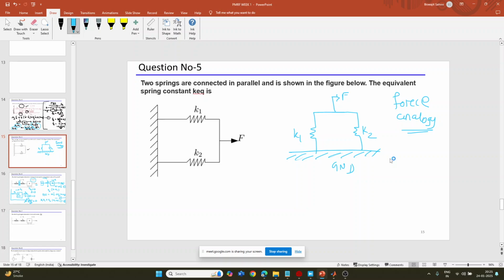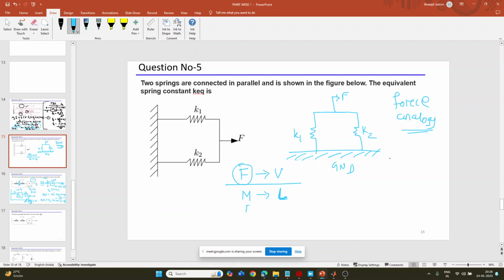But what you did is you went into the voltage analysis system or current analysis system. So if you already watched the video, then you have seen the force-voltage analogy. What is the force-voltage analogy? In the force-voltage analogy, force is a replacement of a voltage. Wherever voltage is there, you have to replace that voltage by a force, or wherever force you are applying, replace that by a voltage source. In the force system there is a mass, because you saw in the damper there is a mass. This mass is replaced in the voltage analogy by an L. L is called the inductor or inductance. So mass is replaced by inductance.